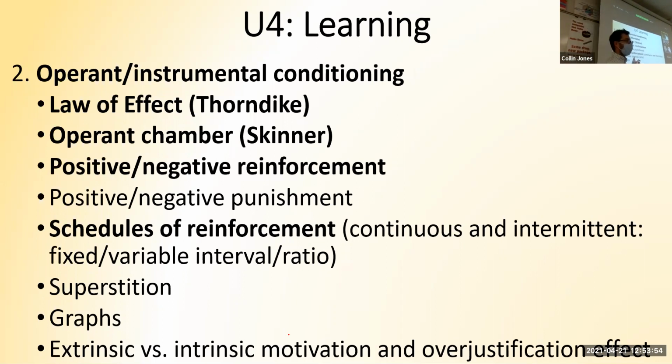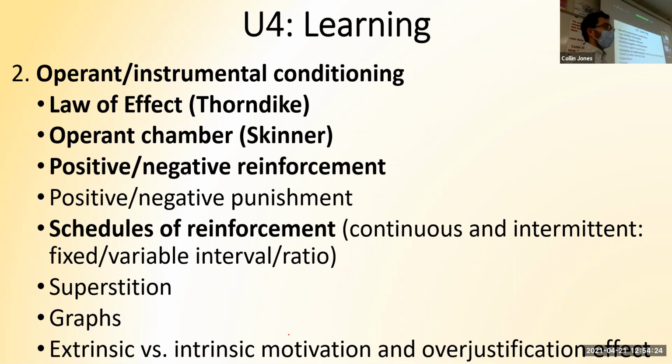Interval means time-based. In baseball, typically a college or high school pitches their best pitcher on a Friday. That'd be interval-based. You know, every Friday it's going to be the star pitcher. Ratio-based would be like every 3 games they pitch the star pitcher. So this week it could be a Monday, next week it could be a Friday, and then the week after that it could be Saturday and Tuesday, and then the week after that it could be Thursday by itself. So ratio is the number of times you do the thing. Interval is based on like hours or days that go by.